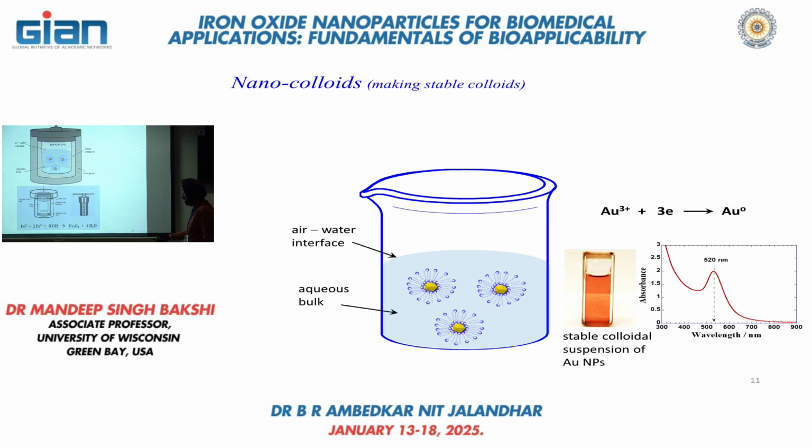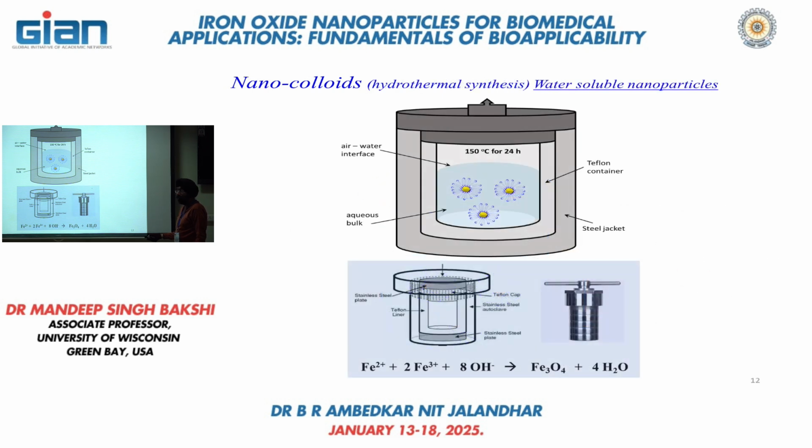And we have another reaction. If you take ferrous sulfate and ferric chloride, mix the solutions of these two, and then add ammonium hydroxide, that is the base, you can initiate the reaction to convert them into iron oxide, Fe3O4. This reaction can also be performed at room temperature. You don't need any special experimental condition. But this will not produce the crystalline,